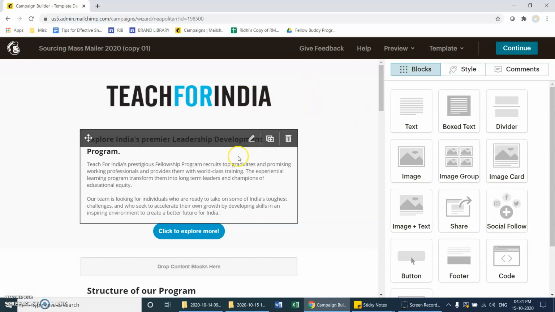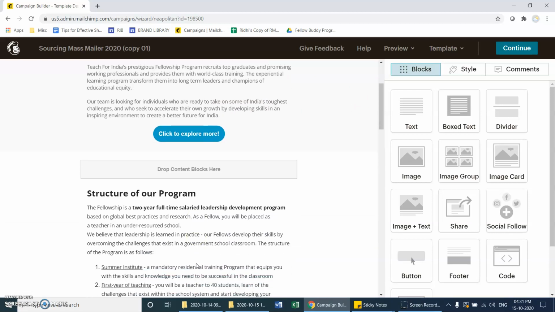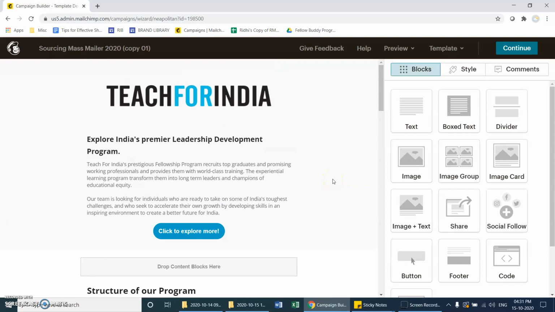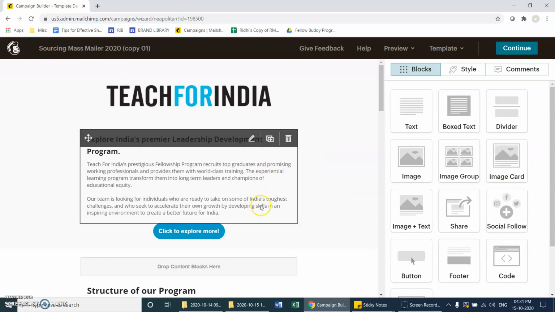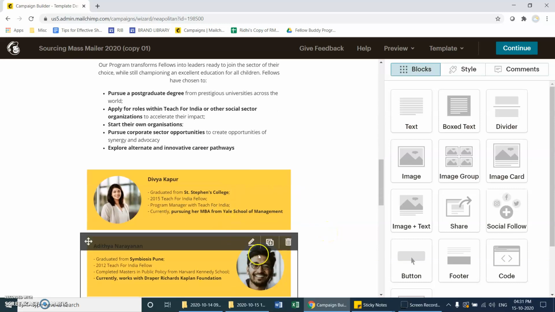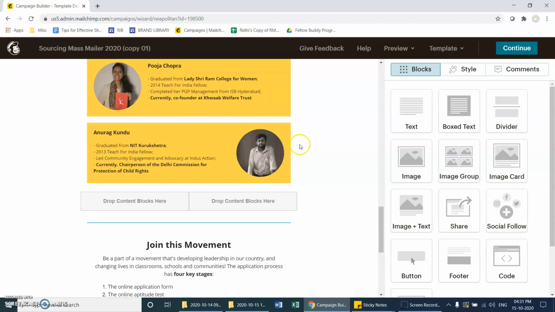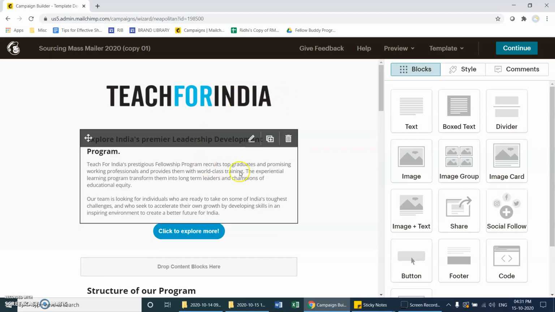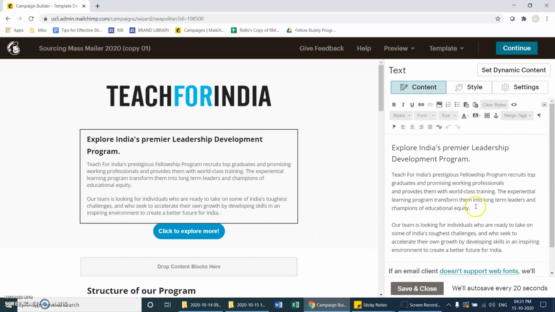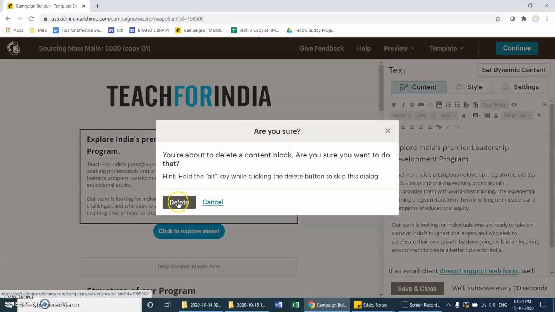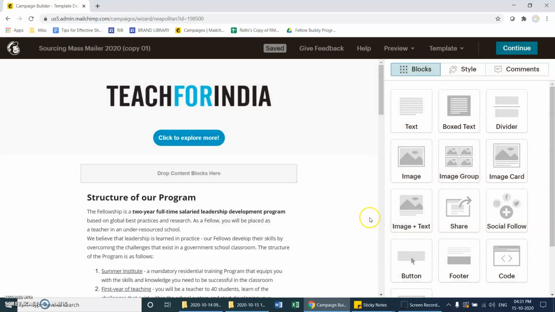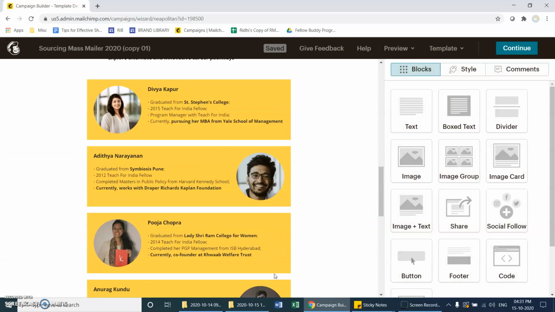As you can see, there are various blocks that have been added here. The great thing about editing an existing email is that you can just change the different sections instead of wasting too much time. If you need a certain section to stay as it is, you can click on it and you will get the option of changing the content. If you feel that I don't really need this section in my email, you can simply discard it, right? So now your email is as it is.